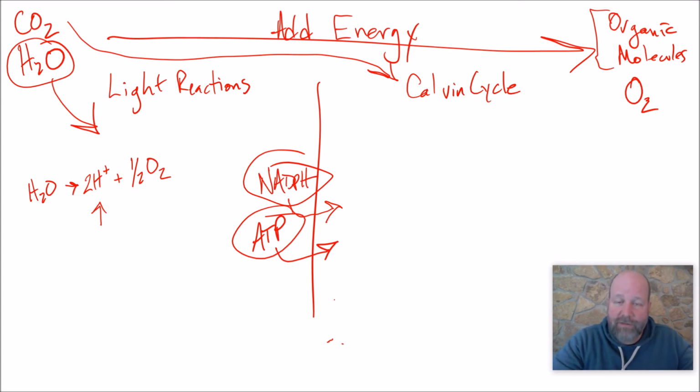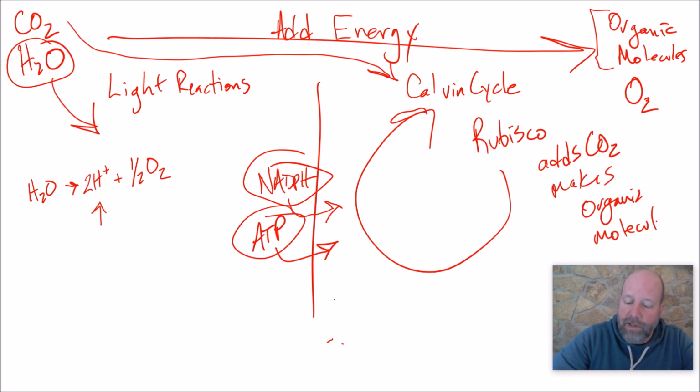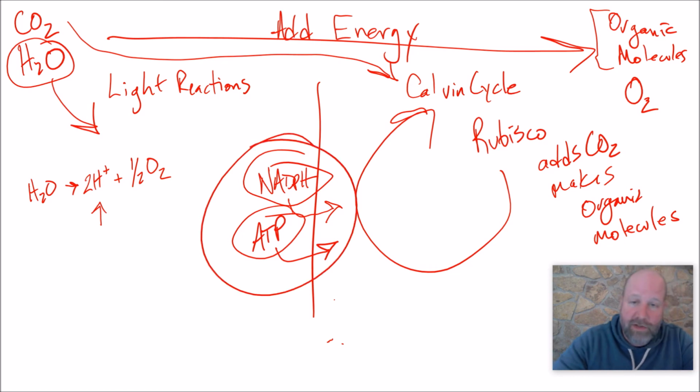We're going to pass that to the Calvin cycle, and we're going to transfer that energy into bigger, more complicated molecules, organic molecules. We're going to chain carbons together. We do that with an enzyme called Rubisco, and there's a whole cycle that happens. But Rubisco is the enzyme that basically adds CO2 and makes it organic. Now, organic molecules are big carbon chains. This is an anabolic process. We need to put energy in, and this is the energy. So we have several places along the way here where we're adding ATP and NADPH to make this happen,